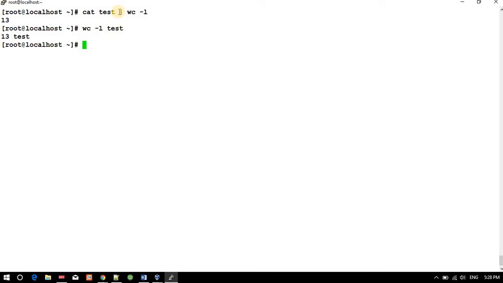But what I am trying to show is that this pipe symbol is taking the output of this command as input for this command. So it's redirecting the output of this command as input for this command. This will help you in many ways. See,